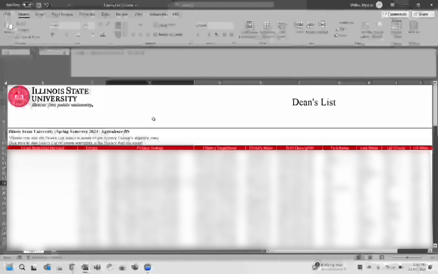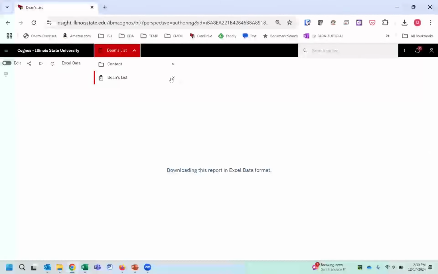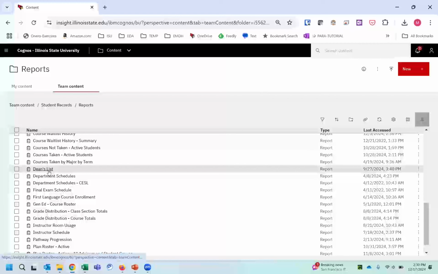Now, before we finish here, I wanted to say one more thing about running the report in Excel or Excel data format. And that is, you've seen here that I always ran it in HTML format first. And then after it was run in HTML format, I ran it in Excel or Excel data to export it out in the format that I want. That's really running the report twice. When a report takes a couple minutes to run, that doubles your time. And if it's 5 minutes to run the report, it can take 10 minutes to get it to export to